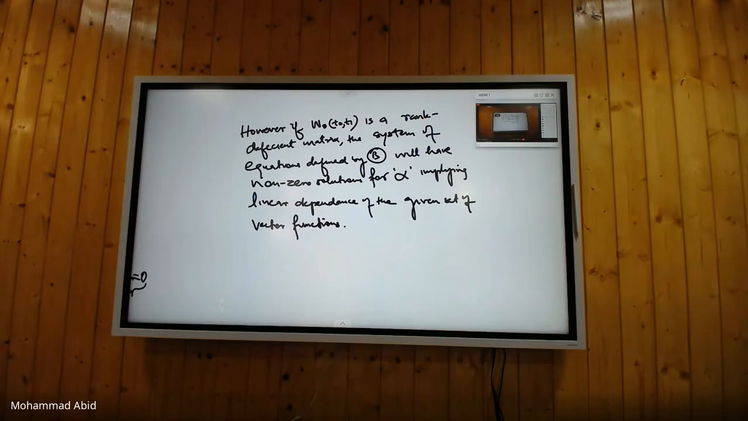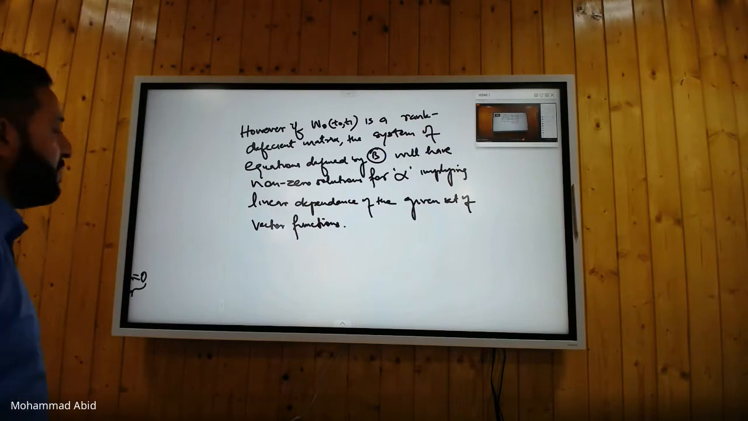And if your Gramian matrix is a rank deficient matrix, you can conclude that the given set of vector functions has got some dependency over some time interval t0 to t1. Is that clear? So this is what is Gramian. So that means if you have some